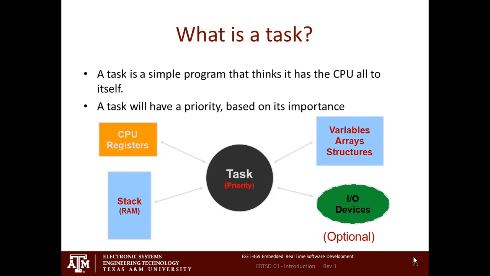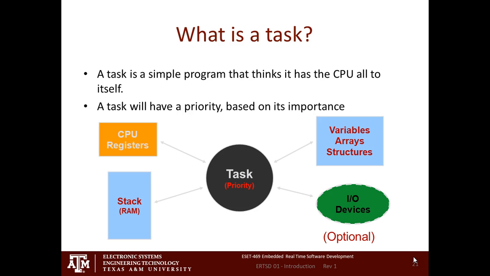So let's talk about what a task is. By the way, is everybody here? 1, 2, 3, 4, 5, 6, 7, 8, 9, 10, 11, 12, 13. I think we had 16 enrolled, so we got 3 folks missing. Let your friends and neighbors know there may be some open slots. Somebody may have dropped.